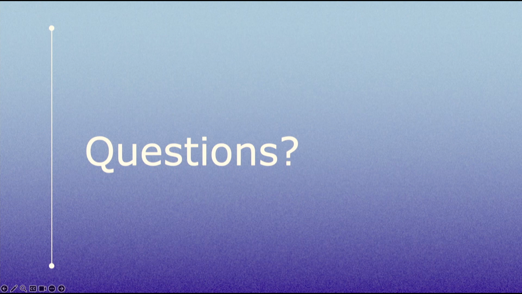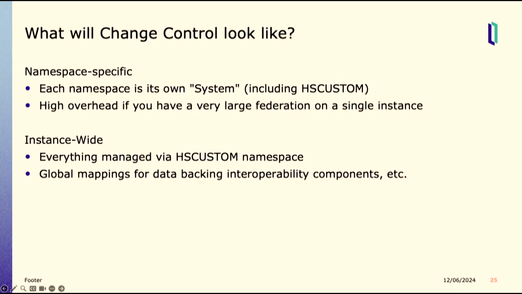Could this be used as well to propagate changes across systems, like 28 gateways, where I want to make a change on all of them? Or is each one its own case? So the question was regarding propagating changes, not just within one environment, say for an edge gateway between base, test and live, but between many edges that are all in the base environment. So if you have namespace-specific change control, all